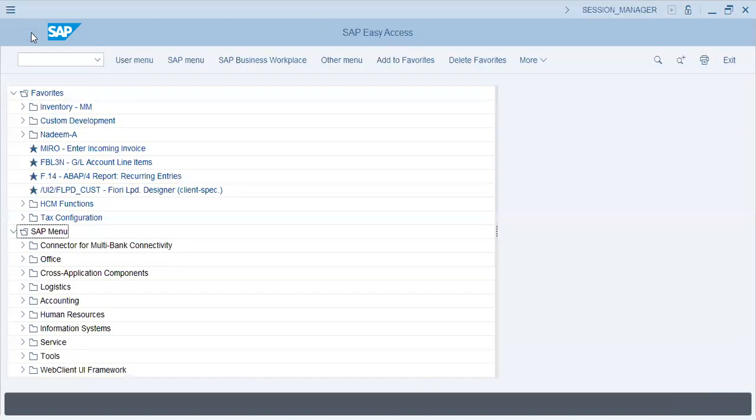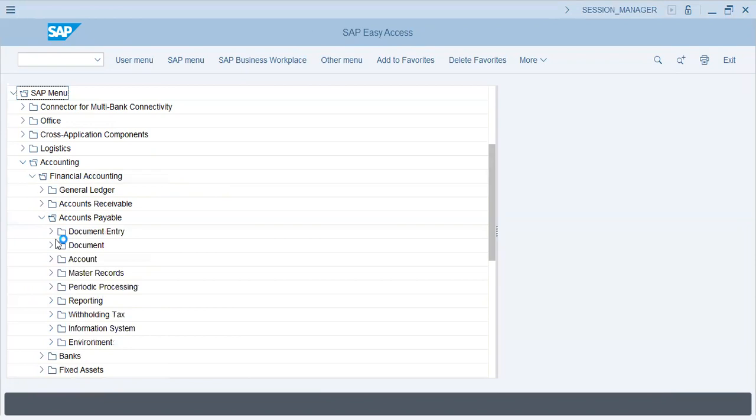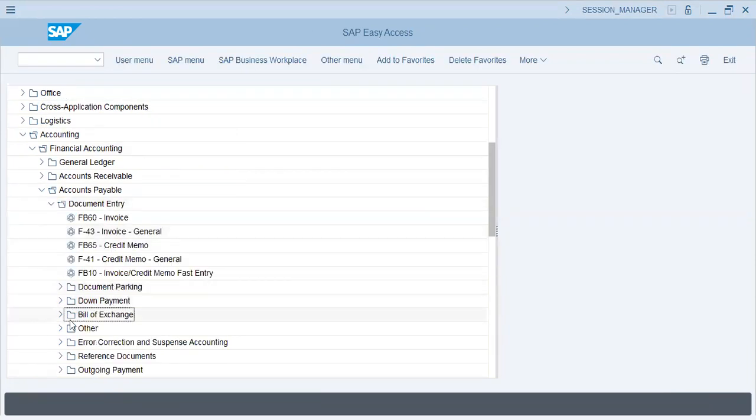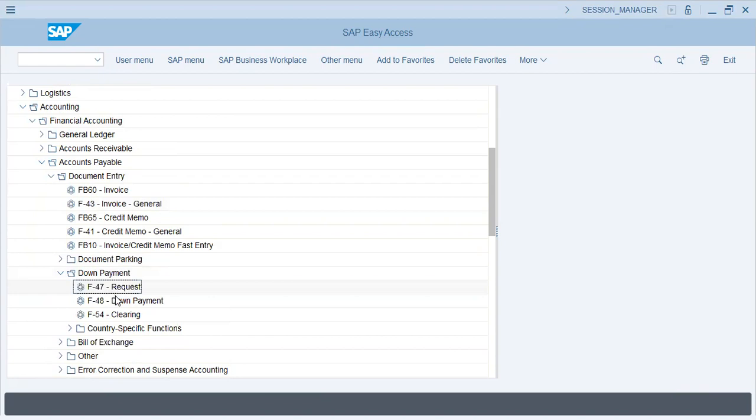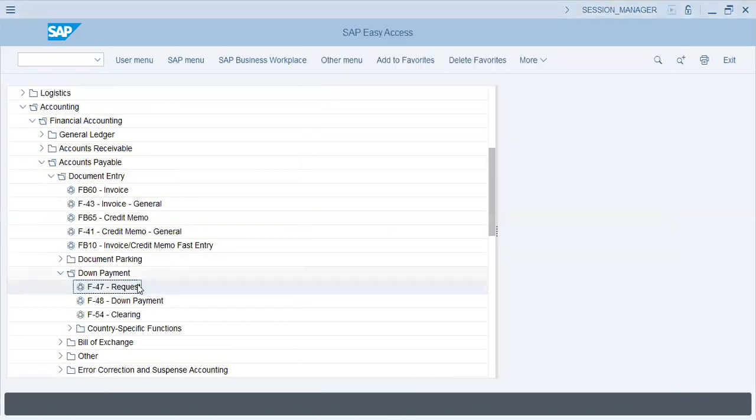And let's post some advances. Financial accounting, payable, document entry, down payment, request, down payment, and clearing. Three steps: request, payment, clearing. It is not necessary that you follow the sequence. Down payment can be made directly also, and then clearing can be run after. Request,